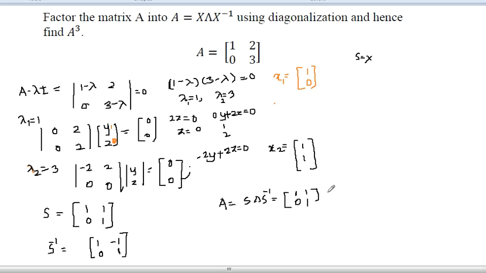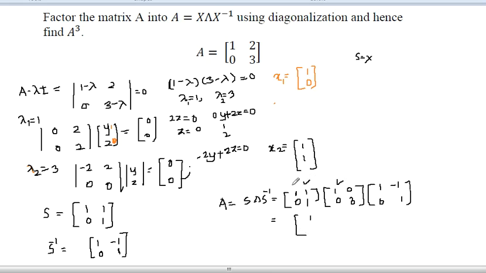Our Λ is the diagonal matrix wherein λ1 and λ2 lie on the diagonal, and the other elements are 0. Our diagonal elements, our eigenvalues, are 1 and 3, so it is 1, 0, and the second diagonal element is 3. And S inverse is 1, minus 1, 0, and 1. When we multiply these two, we are getting the result as,